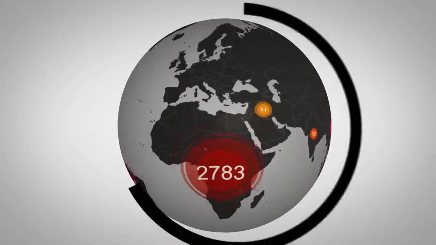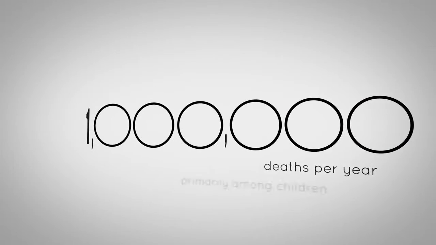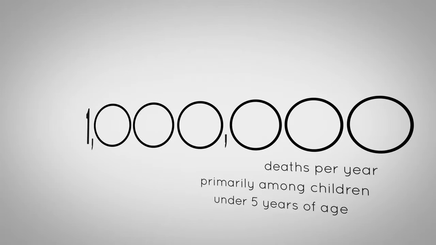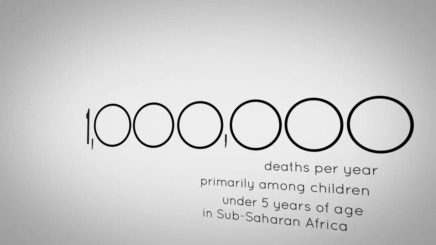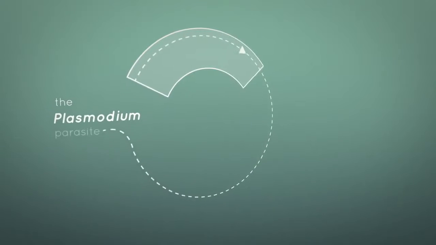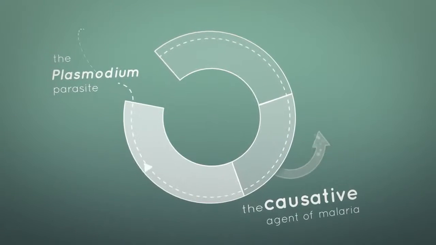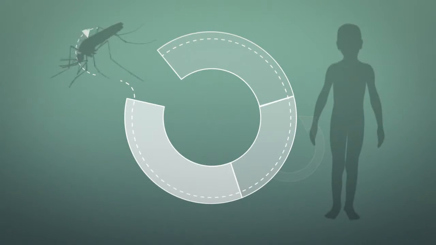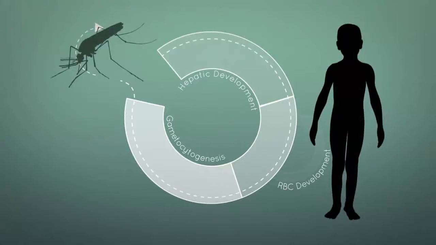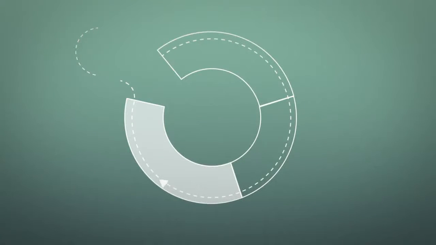Malaria remains a significant global health problem with an excess of 1 million deaths per year, primarily among children under 5 years of age in sub-Saharan Africa. The Plasmodium parasite, the causative agent of malaria, lives a complex life cycle in two evolutionary divergent hosts, the human and the mosquito. Although Plasmodium transmission is clearly recognized as an important step in the parasite life cycle, very little